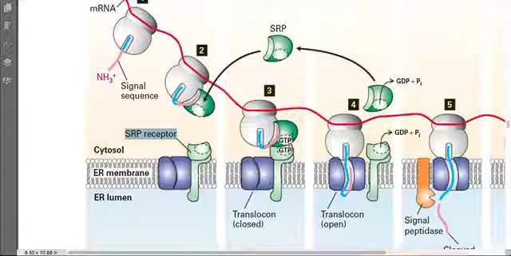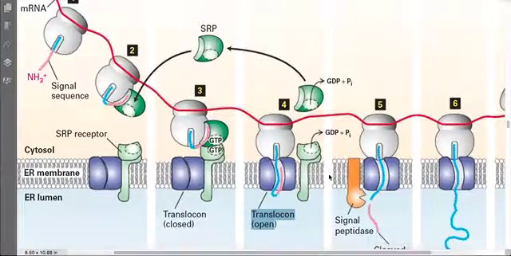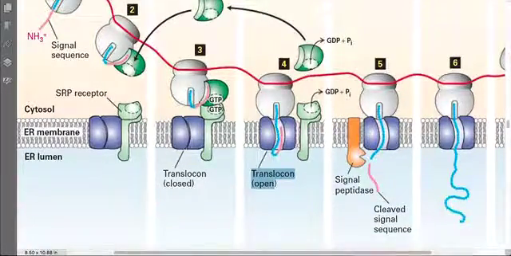Both are hydrolyzed, but until they are hydrolyzed, the translocons are in the closed configuration. Once these GTP are hydrolyzed, translocons are open, and protein moves inside the ER